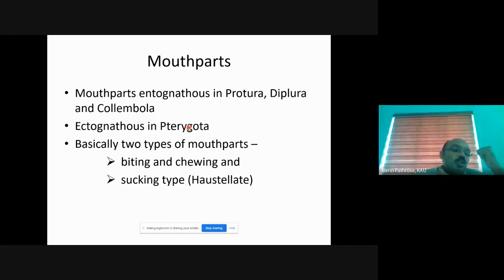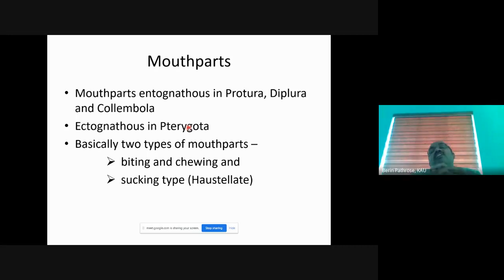Basically, the insect mouth parts can be classified into two. The first thing is biting and chewing, just like humans do. If we are getting something to eat, we'll bite it and chew it. We'll bite it by the front region. Take the case of any fruit, a guava, or a mango. We will bite it. Once the piece is inside the mouth, we will chew it with our molar region. So biting and chewing mouth part.